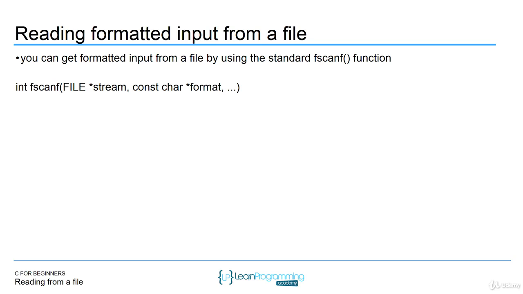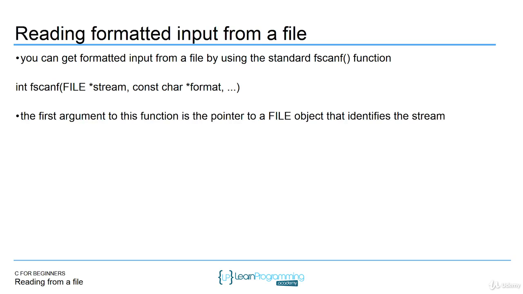This is formatted input. Formatted input is data that has a delimiter or has a specific format associated with it. This fscanf function takes a file pointer stream and then a format. The format is just like the printf format specifiers that you use. So if you want to read in integers or doubles, you can specify data inside the file that are integers and doubles, and it will read that until it sees, just like scanf, a white